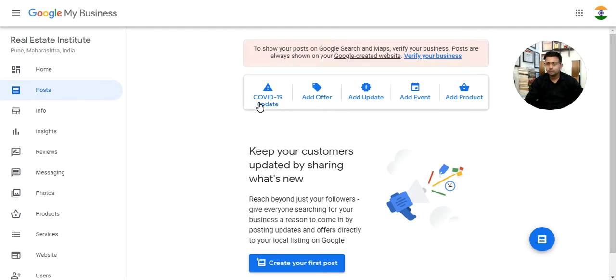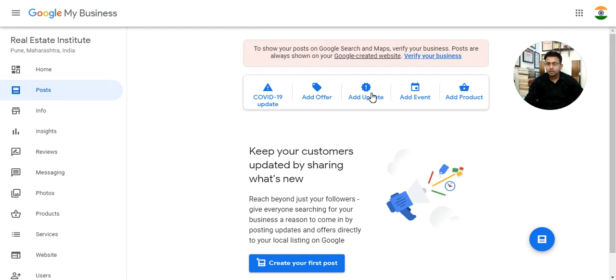So if someone searches for the real estate institute in that particular city, they'll get an update that this is temporarily closed, or this thing. You can add an offer for this COVID-19 offer. You will get a Diwali discount, we can say new year discount.